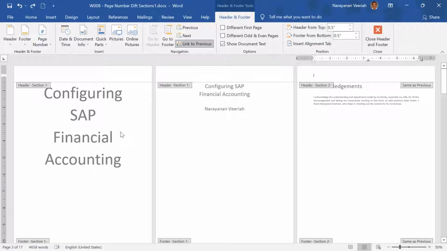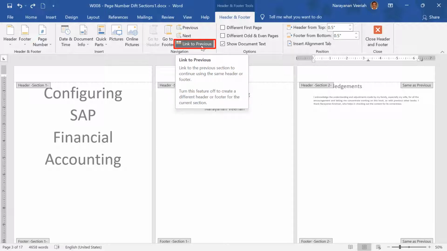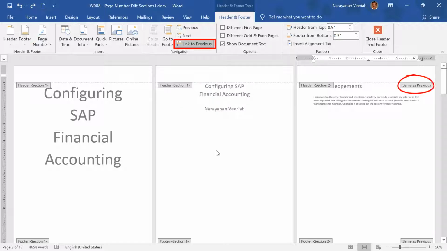Since we need a numbering style specific to this section alone, keep the cursor on the header, click on link to previous under navigation menu group on the header and footer tab to delink section 2 header from the previous section header. As soon as you click on this, you will see that the same as previous disappearing in the header section at the top of the page.